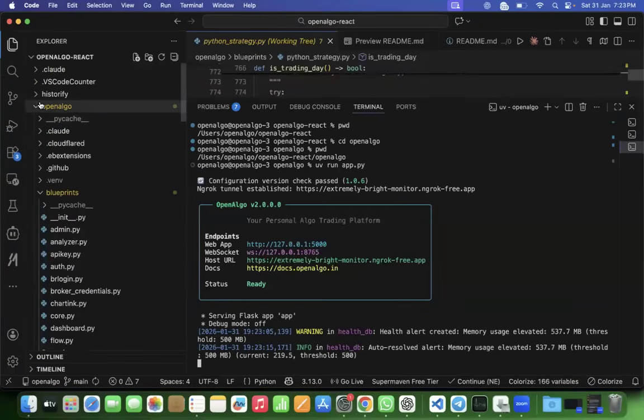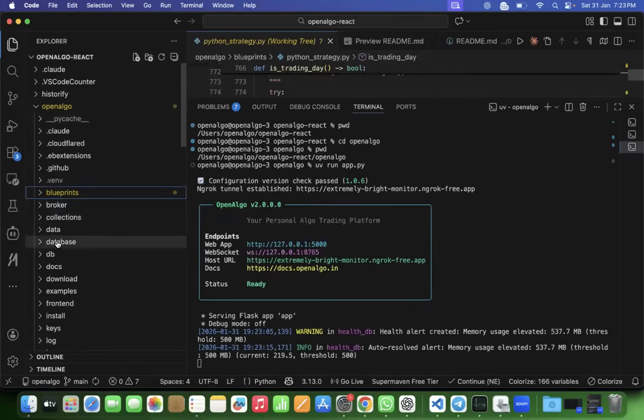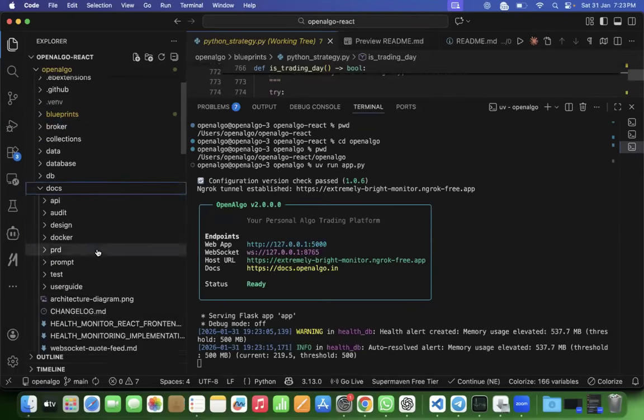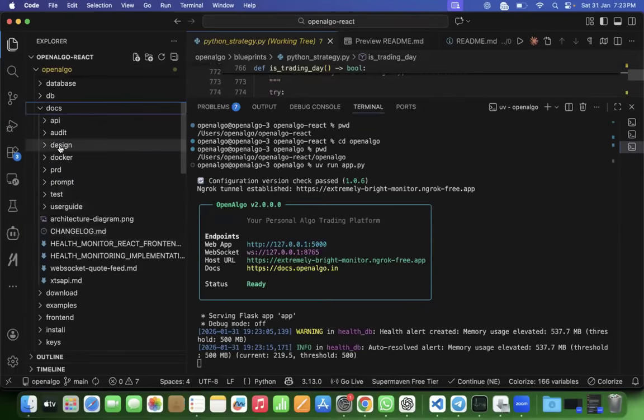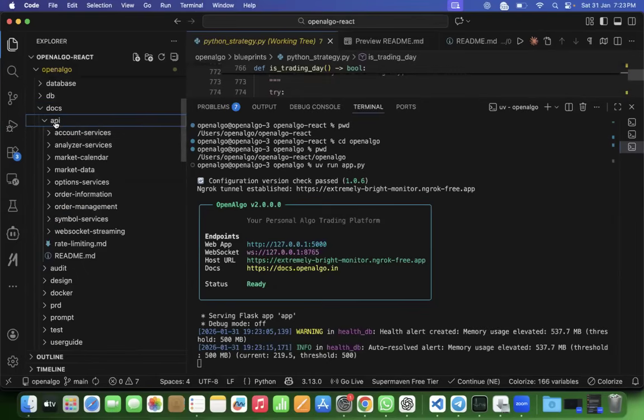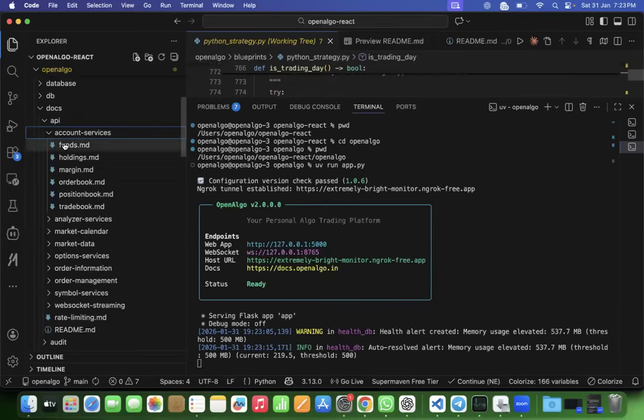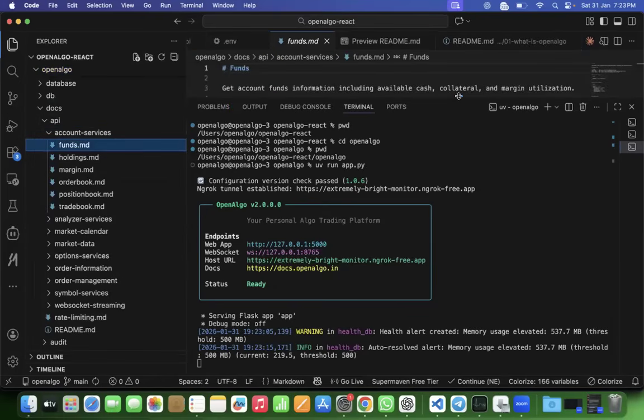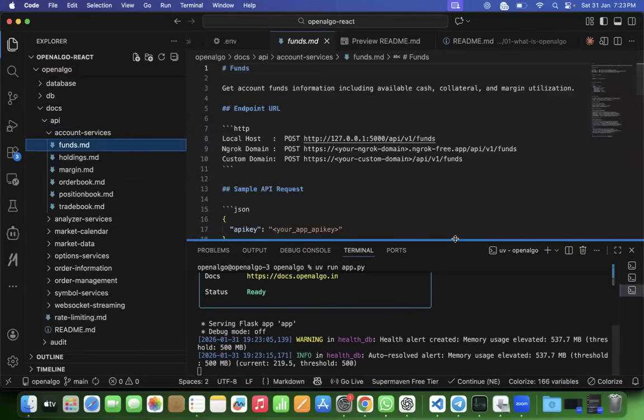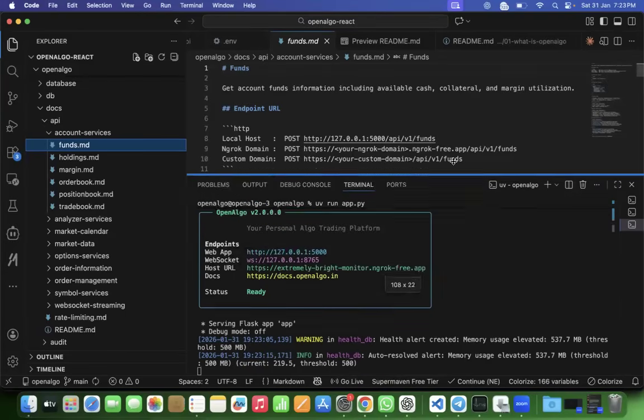So the API documentation itself, we can find inside the docs folder. So inside the docs folder, you have API docs. So the API documentation is there. A lot of details are kept inside this place. So you can see how to access the funds, what the API details are, and everything. I'm going to give access to this documentation first of all, right? So I have to tell where, or I can ask,